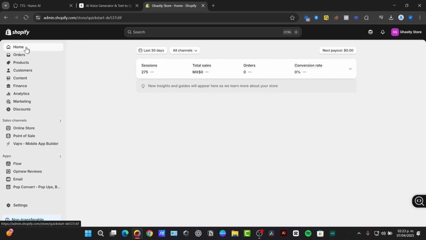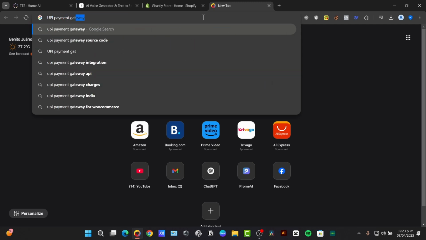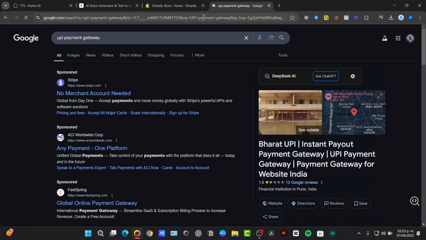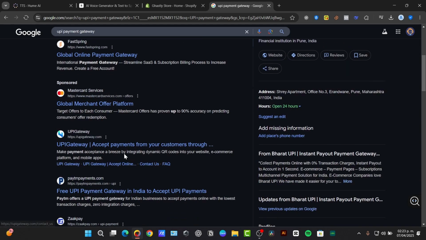Now, to choose a UPI payment gateway, several payment gateways support UPI. So you can consider these factors when choosing. First of all, the integration ease. If I open a new tab and just type UPI payment gateway, automatically it's going to generate more UPI solutions. For example, there's Any Payment, there's the Global Online Payment Gateway, there's the Global Merchant Platform of MasterCard, the UPI Gateway, of course, and lastly,